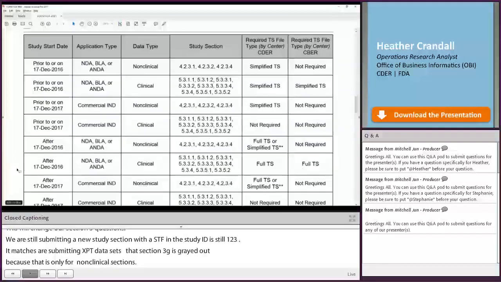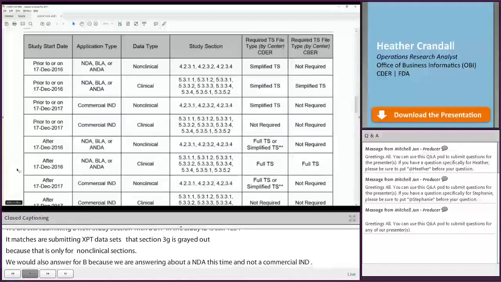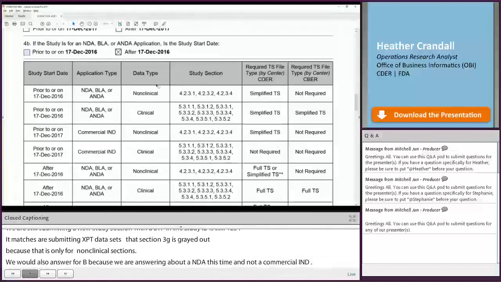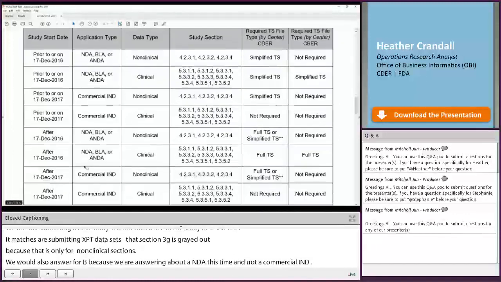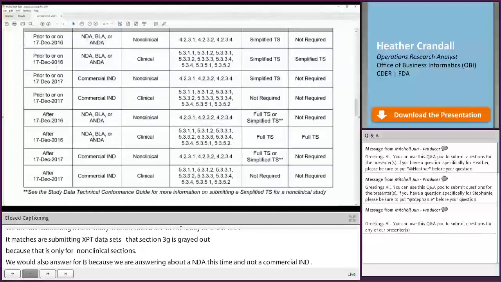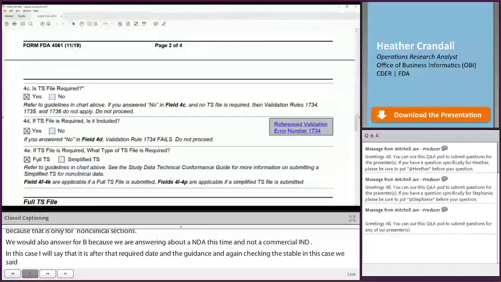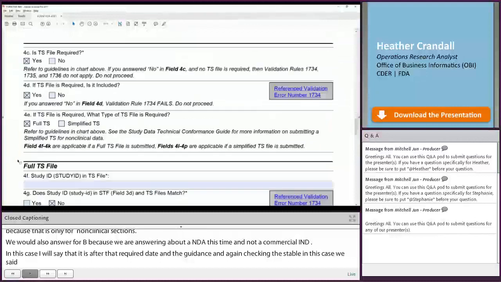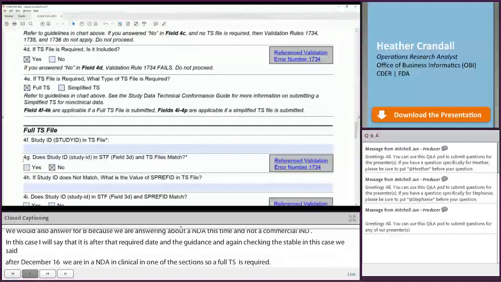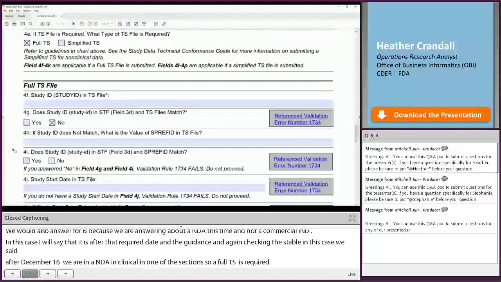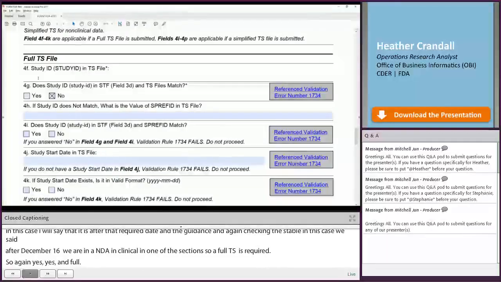And again, checking this table, in this case we said after December 16th, we are in an NDA in clinical in one of these sections, so a full TS is required. So again, yes, yes, and full. So now it populates questions based on the expectation of a full TS. So in this case,